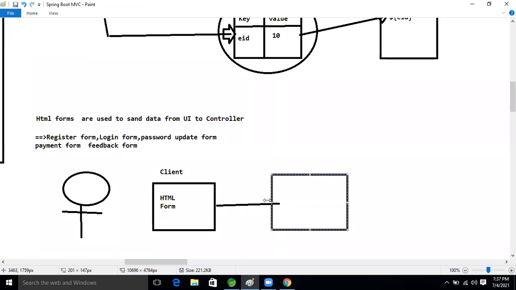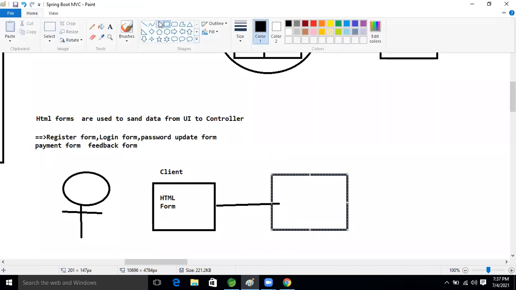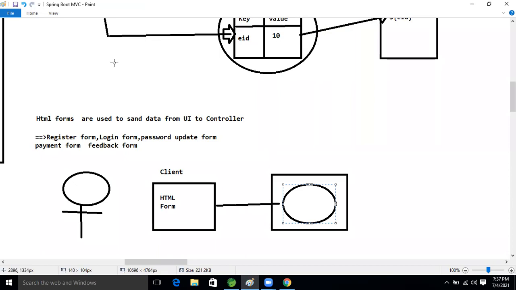This is the server where our application is running. Inside that, what our application is running is nothing but objects.